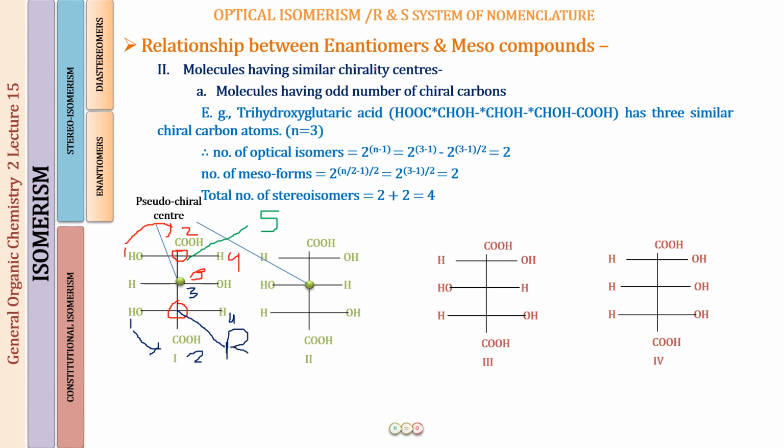So C2 has an S configuration and C4 has an R configuration, and this is what we call a pseudo chirality center. Around this center, you see that they are similar groups, but the configuration of the groups is different. One has an S configuration and the other has an R configuration. Such a center is actually not a chirality center, but it is a stereogenic center. We call this a pseudo chiral center. Okay, I hope this is clear.